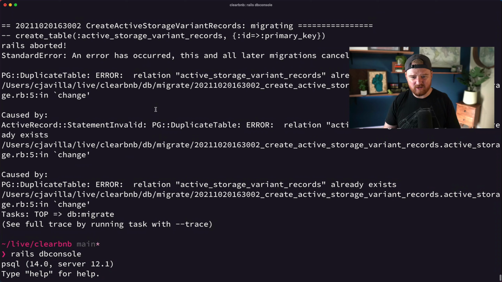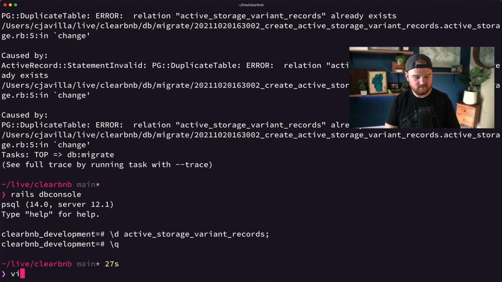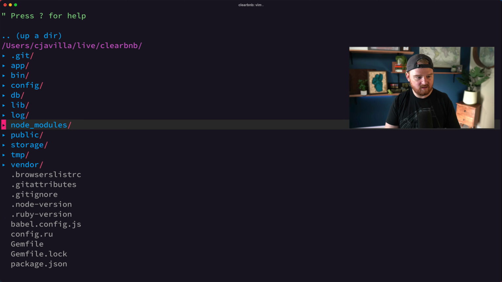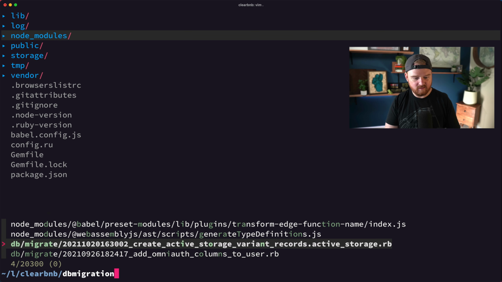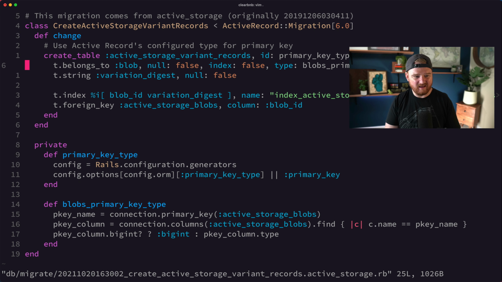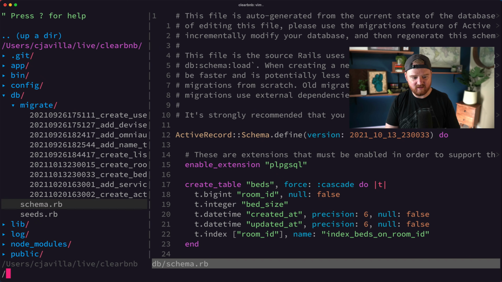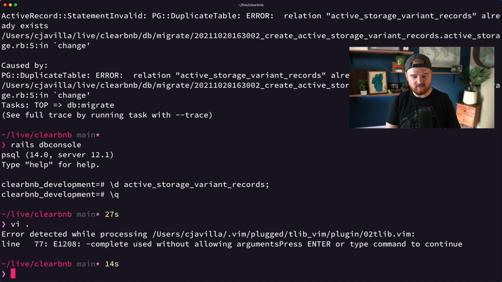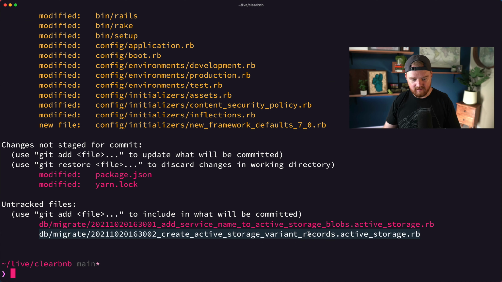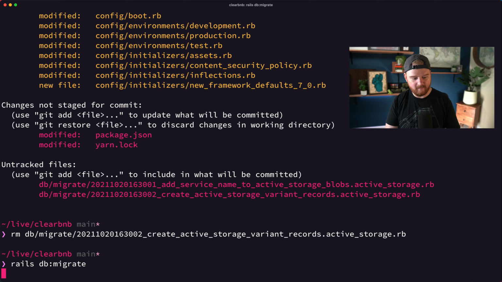And then we can also look at the migration for this, which is creating the active storage variant records. And yeah, I'm pretty sure that we already have all of this stuff. So I'm just going to remove this migration for creating active storage variant records, and then rails db:migrate,